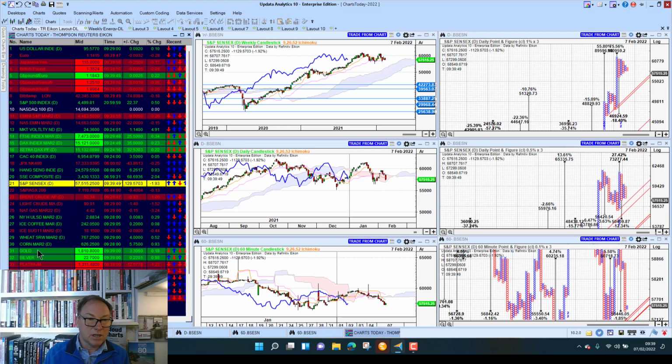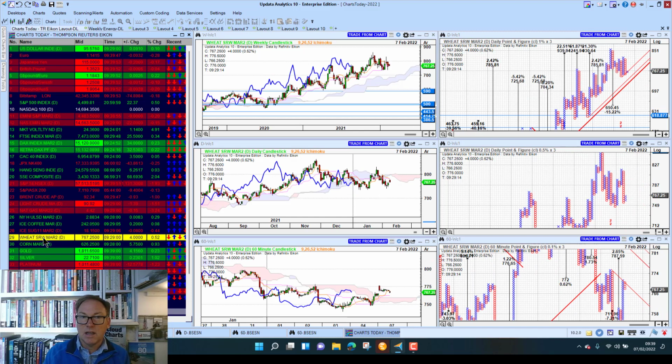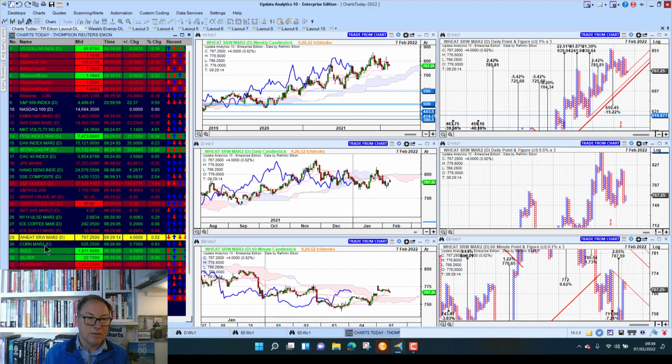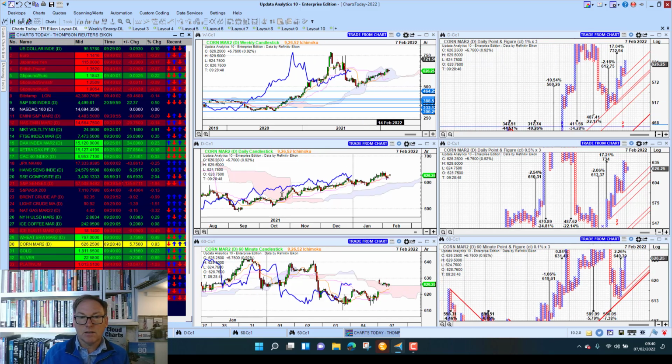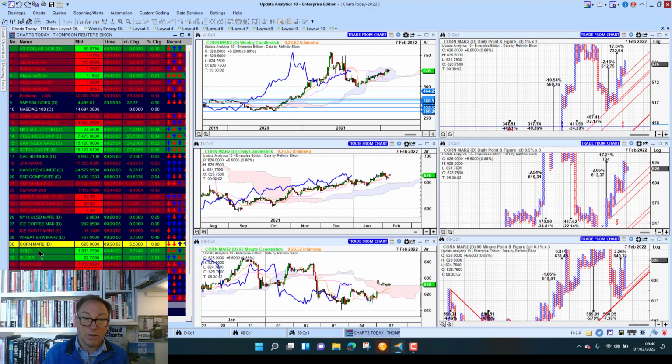We'll look at energy in a minute. Looking at soft commodities, wheat up another 0.5%. Looking bullish all the time there with upside targets. And if we look at corn, up just under 1%. That trend really continuing, and upside targets there as well. Keep an eye on those targets.